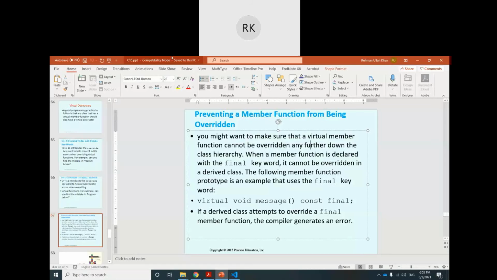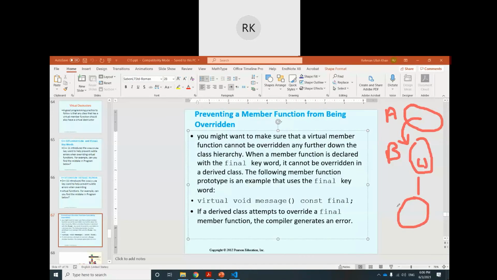For example, let's suppose we have class A and we derive class B from it. From here to here we want overriding and dynamic behavior, so we will use the override keyword and virtual functions; both functions must be overridden. But let's suppose class B has a function that you don't want overridden further.